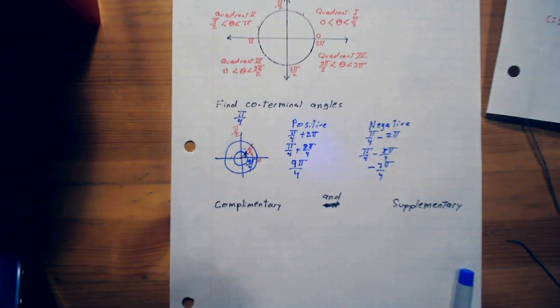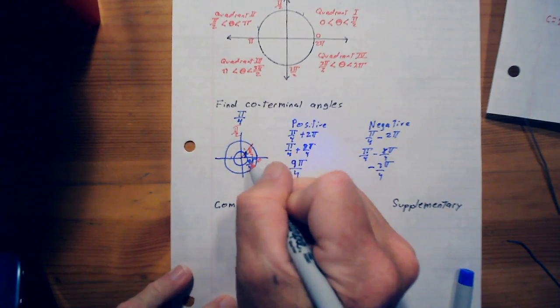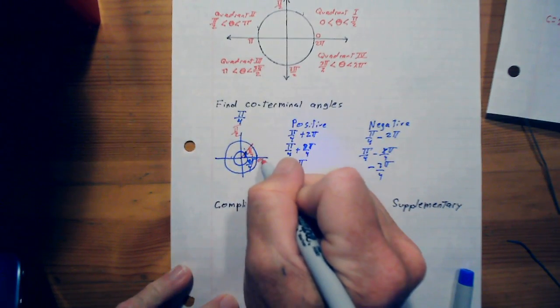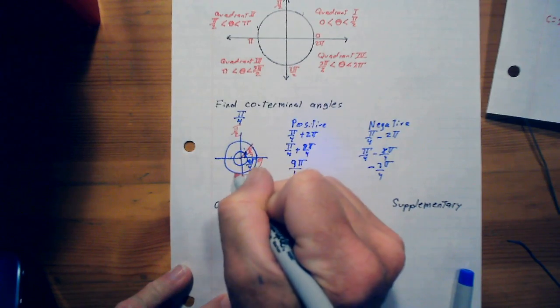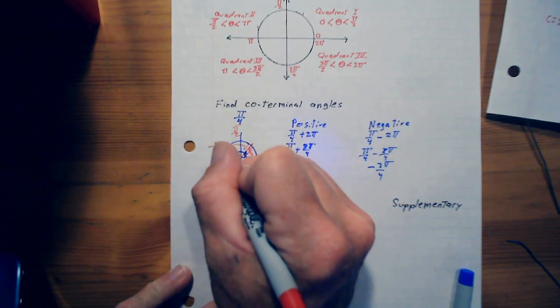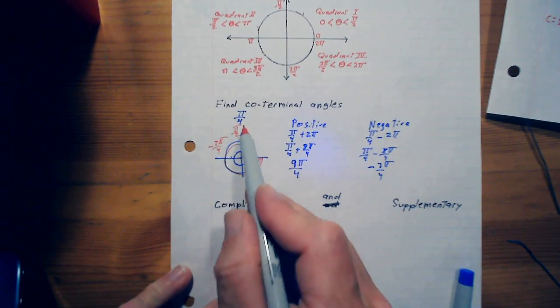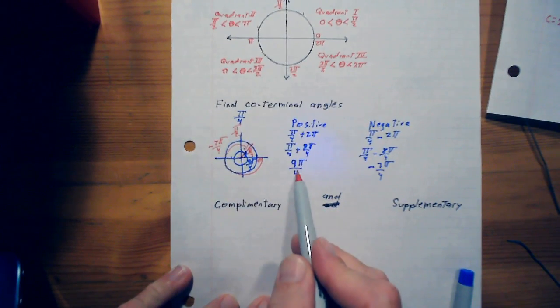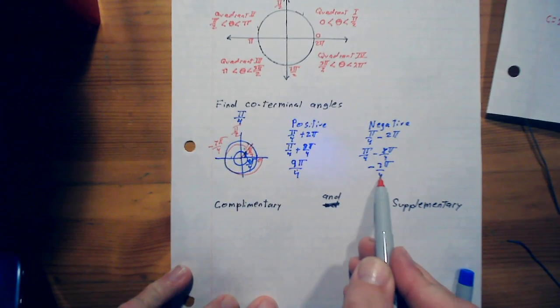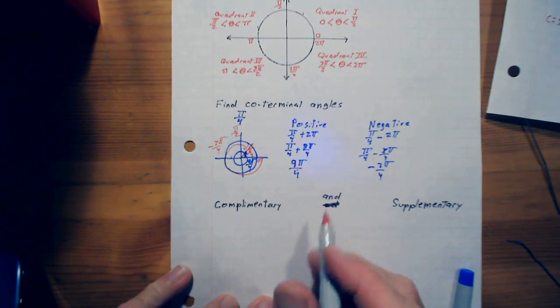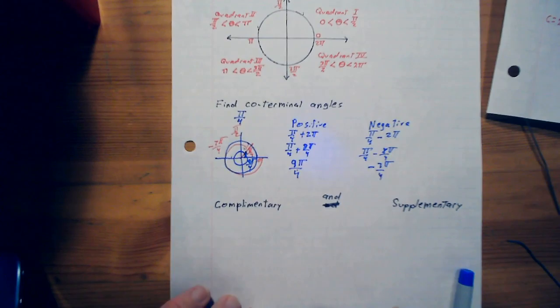Getting a little messy over here, but if I start at the initial side and go all the way around, negative 7 pi over 4. It's a little messy, but pi over 4, 9 pi over 4, and negative 7 pi over 4 are all coterminal